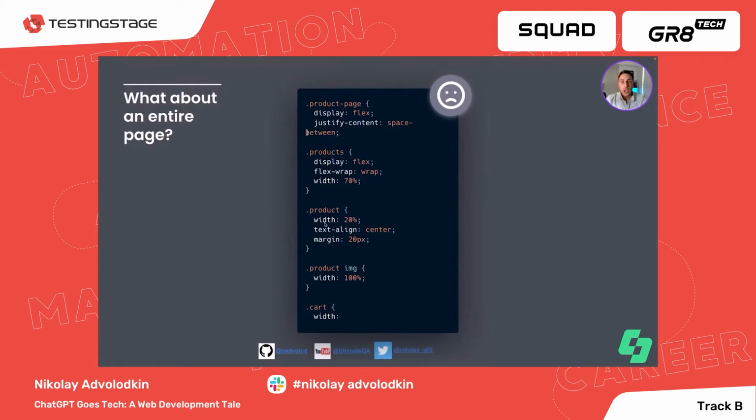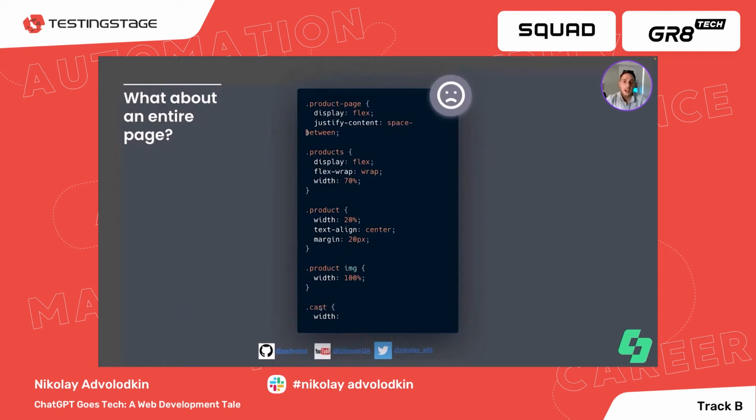You can ask it to keep continuing writing the files, but it does stop at some point. And so you will need to let it know to continue. And so obviously, as you'll see here at the bottom, you can't copy and paste this into a CSS file because it's not valid CSS.